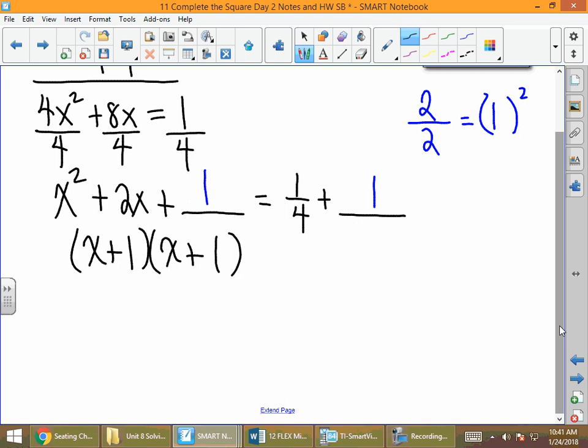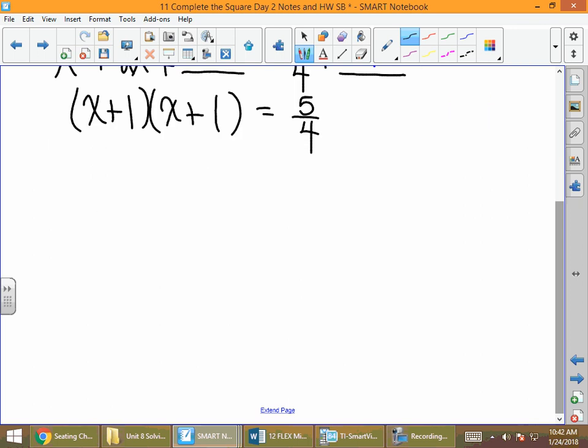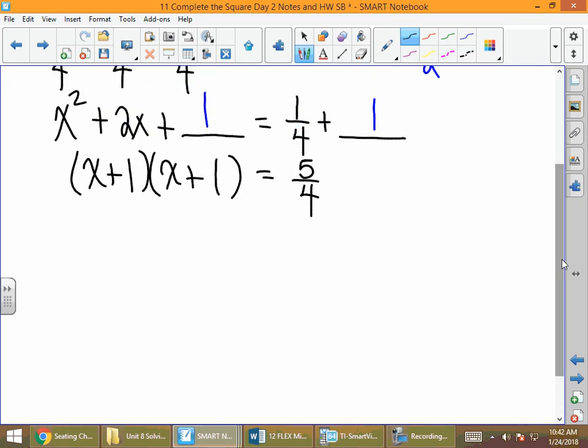1/4 plus 1, when you type it in your calculator, is 5/4. Use your fraction button if you have it. We can condense this down, and we get x plus 1, quantity squared, equals 5/4. And I know we have a fraction in here, but it's still the same steps. We've condensed it down, we factored, we condensed it down, which leads us to our next step, which is to take the square root